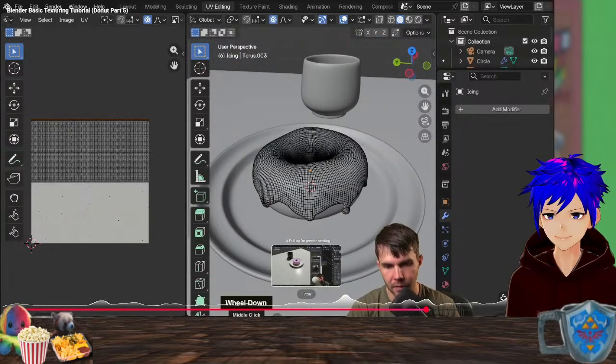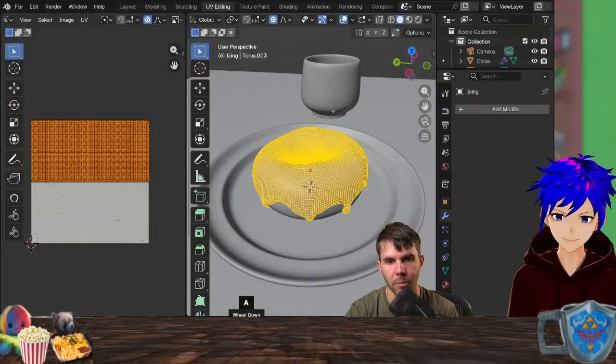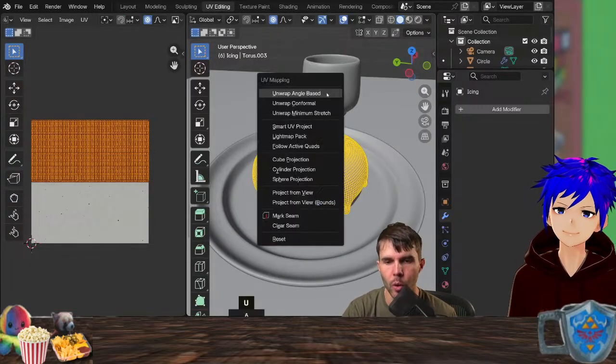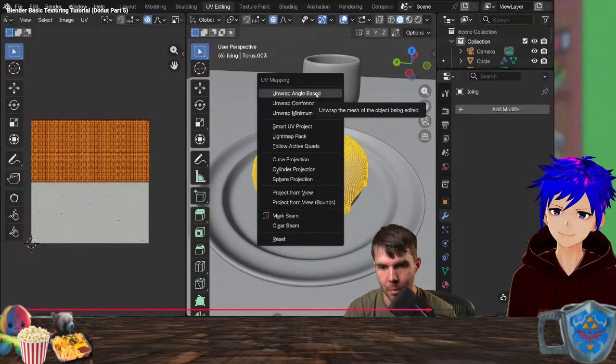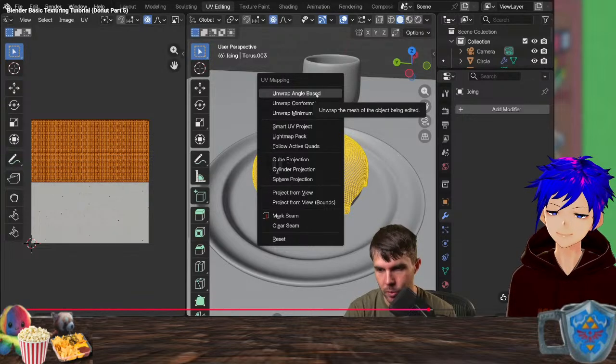Okay. Now that I've done that, select the entire mesh. And just like before, to unwrap it, it's U. U to unwrap and unwrap angle based. Now watch.